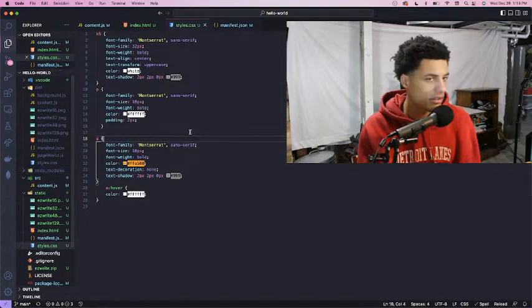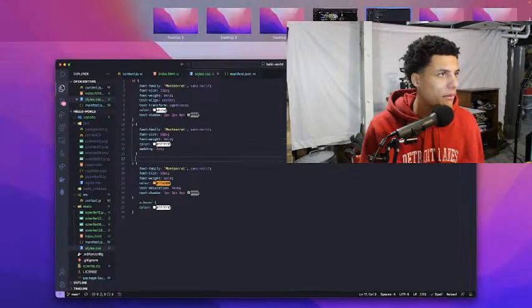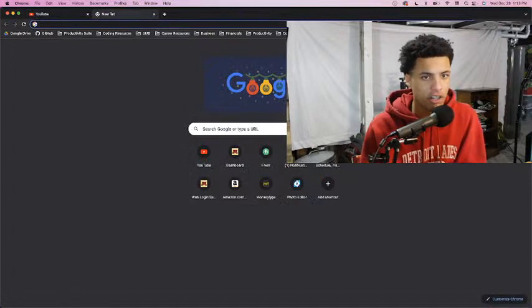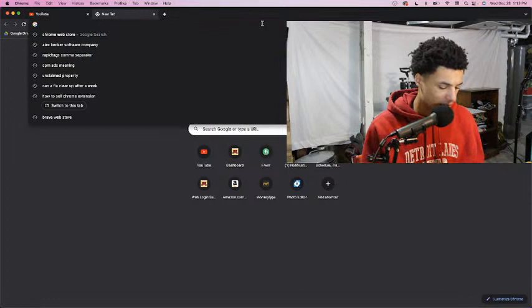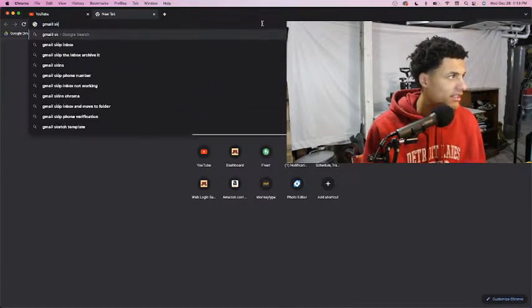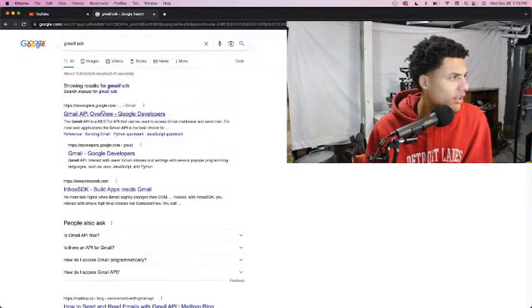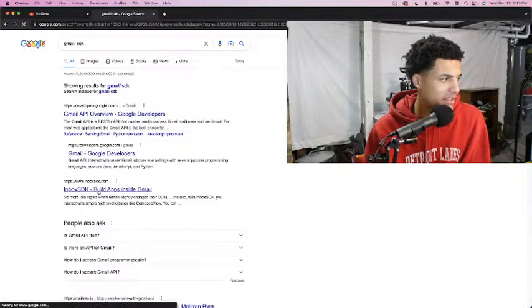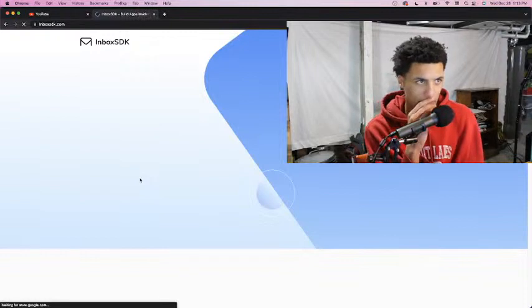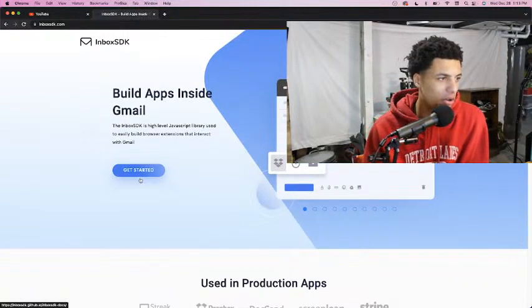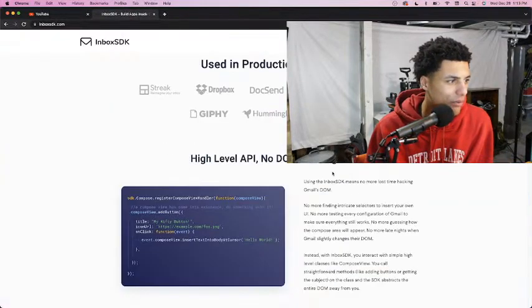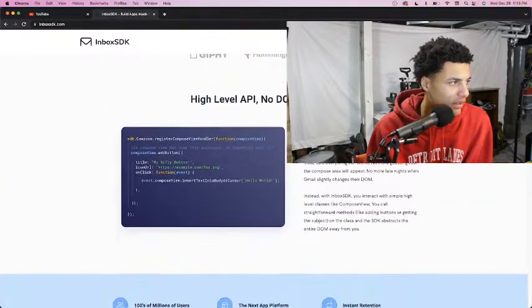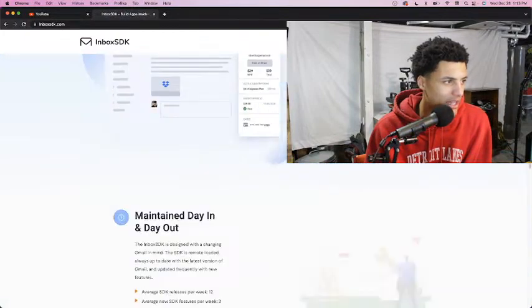I'm going to see if I can find the website for it. It's free and open source, so if you are trying to make your own Chrome extension, you can just use it. I think it was the Gmail SDK or something. Let's see. It was Inbox SDK. Okay, yeah, this is crazy. I don't want to call it a framework, but it's a whole SDK that allows you to make Gmail